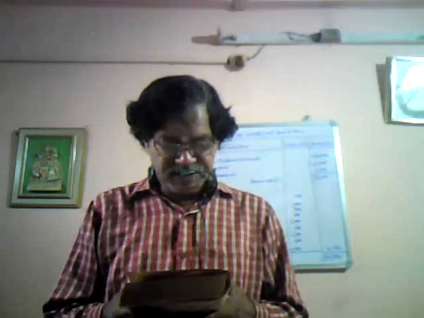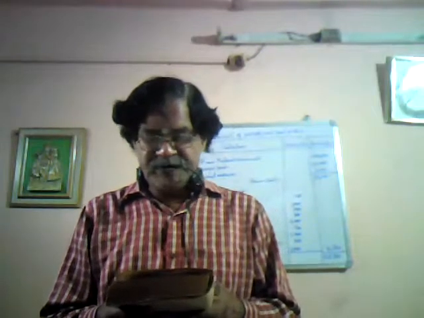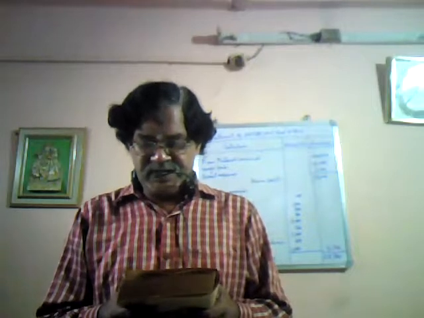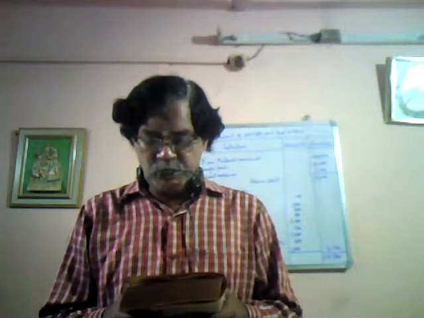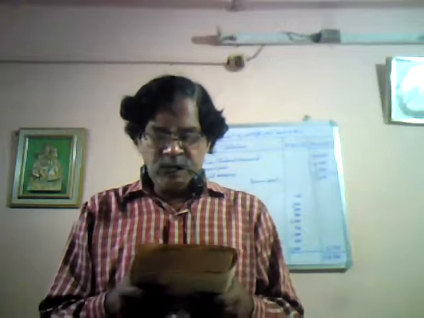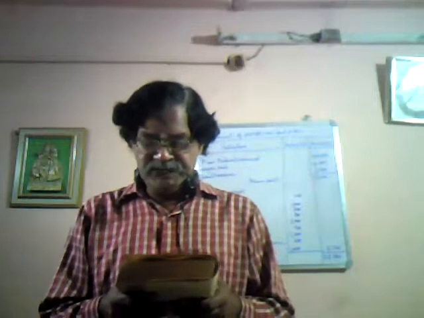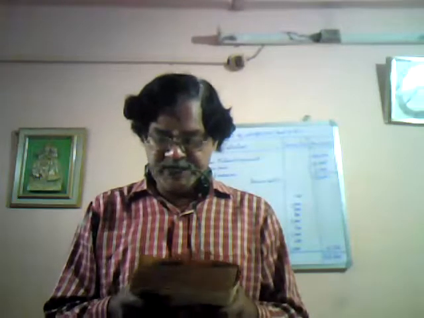Office rent 1000. Next, repairs and renewals, factory plant 500. Machinery 1000. Office premises 200. Next, depreciation, office premises 500, plant and machinery 200. Consumable stores 1000, manager's salary 2000, director's fees 500, office printing and stationery 200,